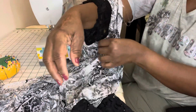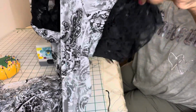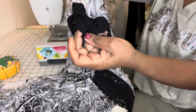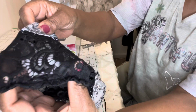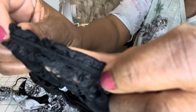Got one straight. Now this one is puckered. And without the elastic, you want it to look like this. That's how it looks after you put the elastic in. And it hangs like this. This is an up close look of how that hem looks with the elastic after I have added it to the inside. That's the elastic. And that's how it looks on the